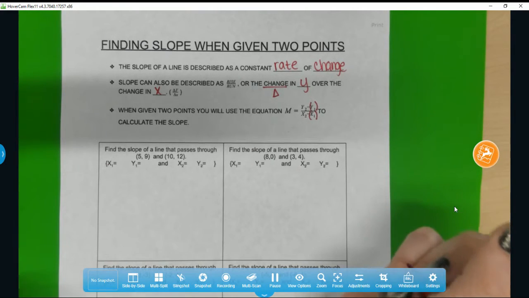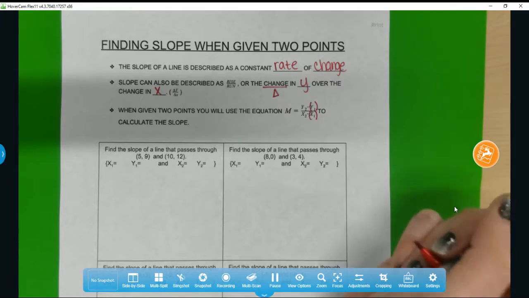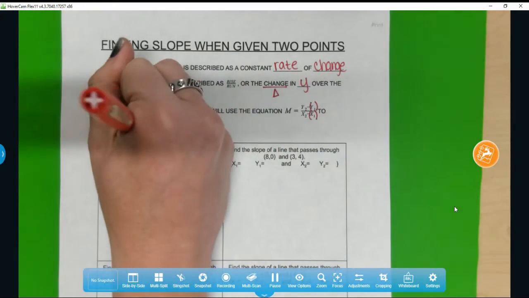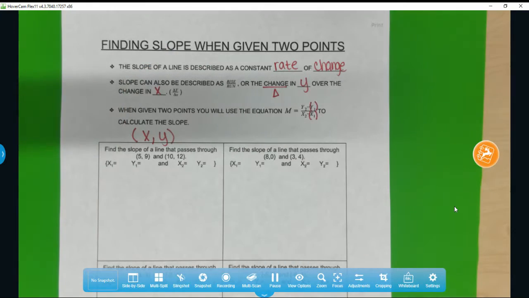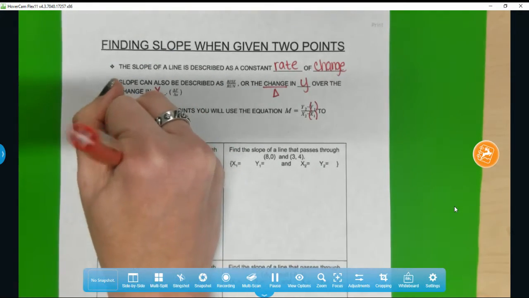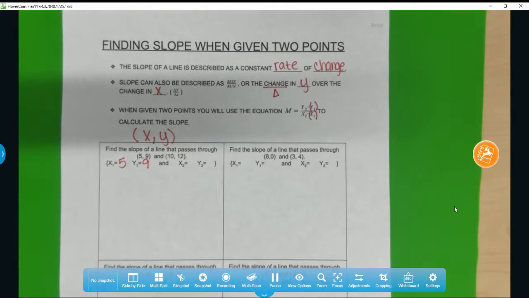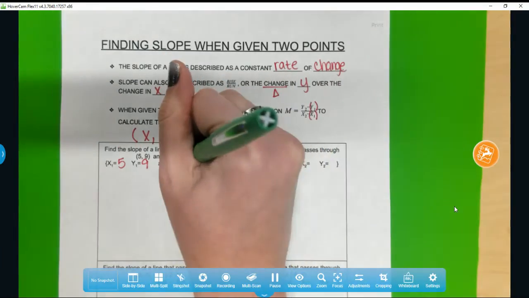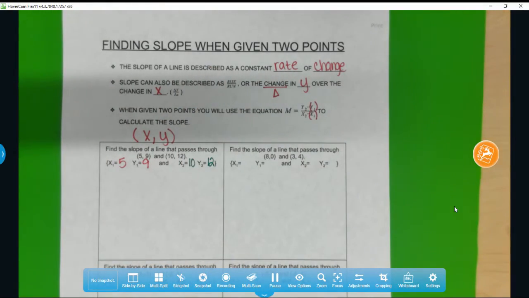So for this first example, find the slope of a line that passes through (5, 9) and (10, 12). Remember, when we are doing this, our points are always x first and then y. So 5 is going to be our x1, 9 is y1. 10 is x2, 12 is y2. So now we are plugging into our